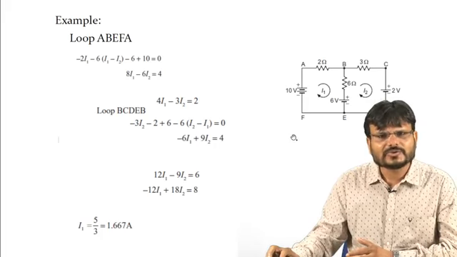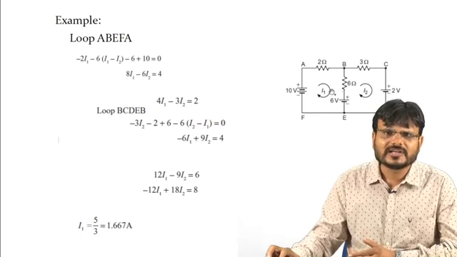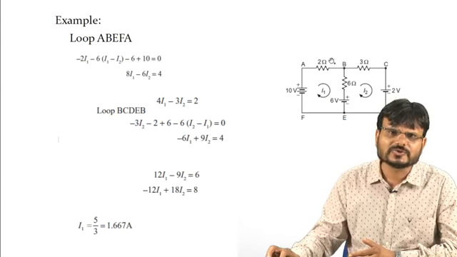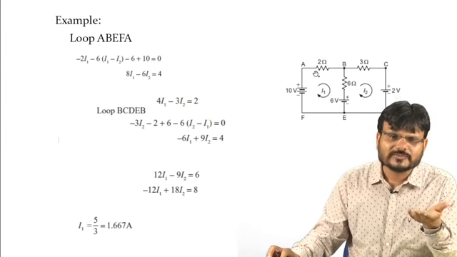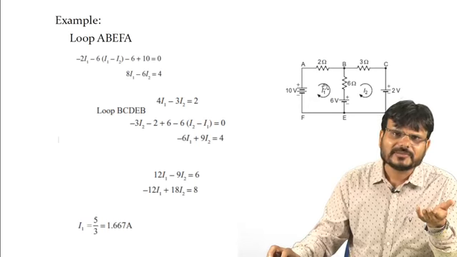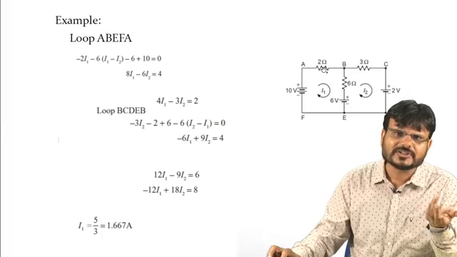If you are able to calculate the currents I1 and I2 and it is asked to find out the voltage drop across this 2 ohm resistance, what will be the voltage drop? That means you have to find out the voltage across a particular resistance. You have to know the value of the current, and the current flowing through this branch is equal to I1, which you have already calculated, just multiplied by 2. So this is the voltage drop across this 2 ohm resistance.